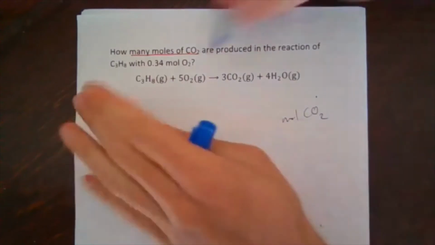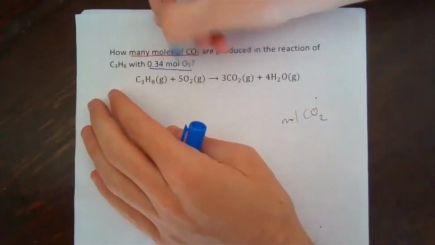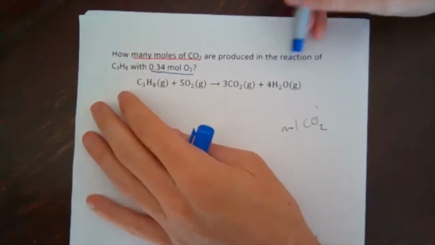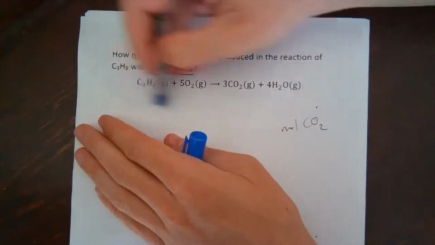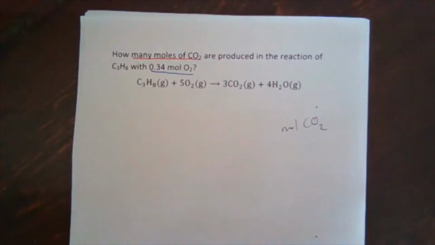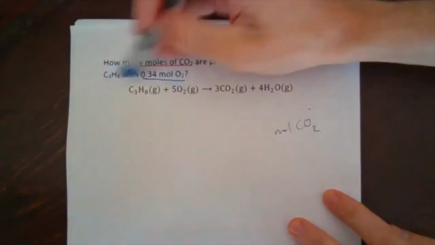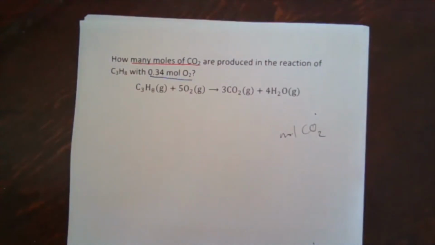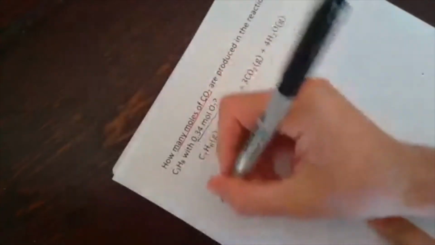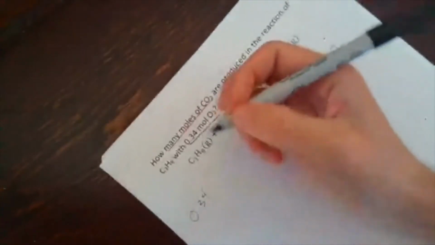So we know that this is basically what we're going to have as our starting point. The fact that it's a reaction of C3H8 is just telling you that this is the chemical reaction you're working with. So basically it's telling you combustion of C3H8, you're reacting C3H8 with O2, so it's just a combustion reaction. And so if we take it, we can fill that in, and so we know we would get 0.34